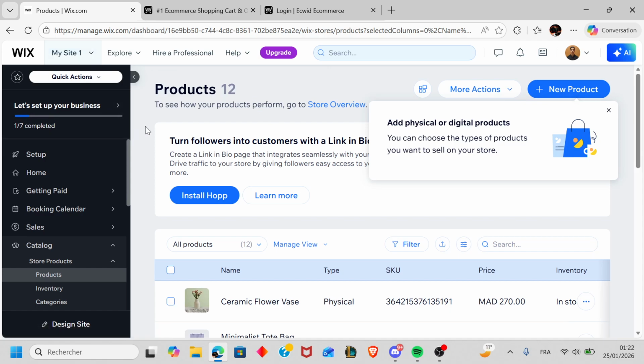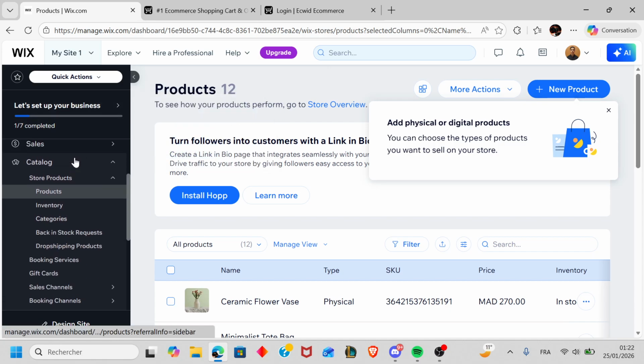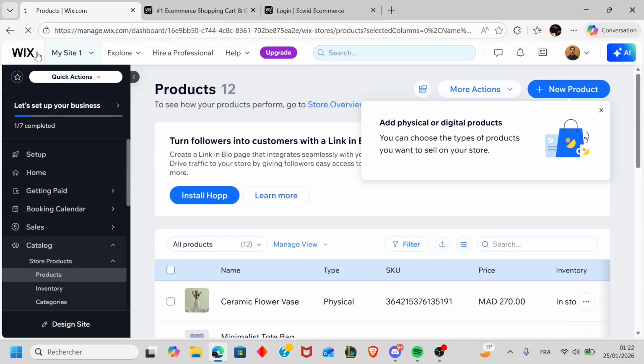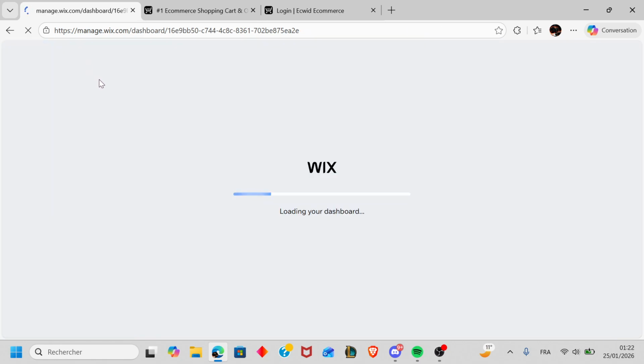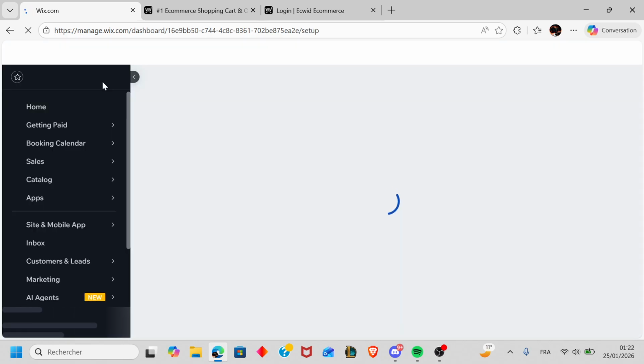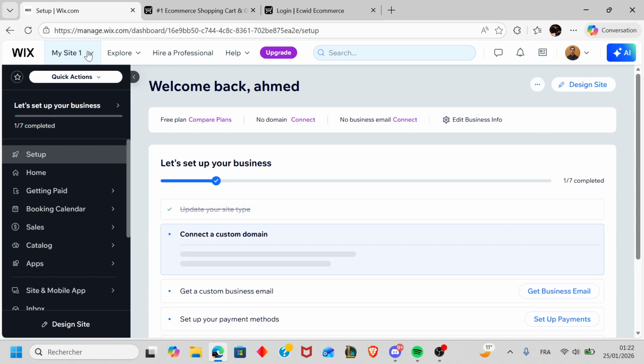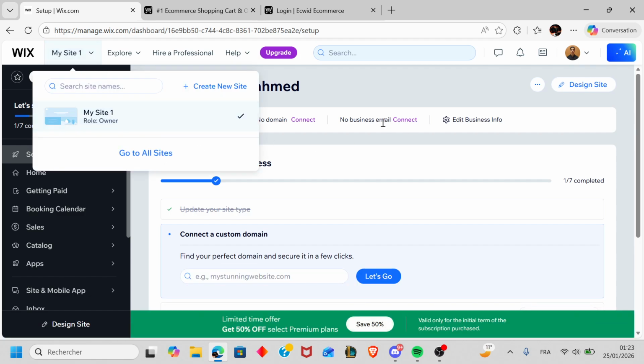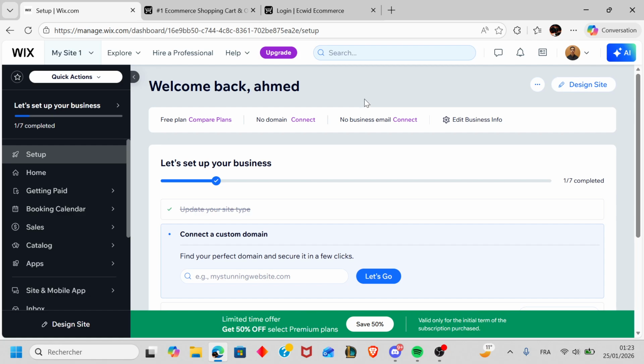You're going to go to the Wix here and click on Add Plus. And make sure to go to your website. I'm just going to click on the first website, site 1. And then you're going to click on Add Plus. And after that, you're going to select the empty HTML frame and then paste the Ecwid code